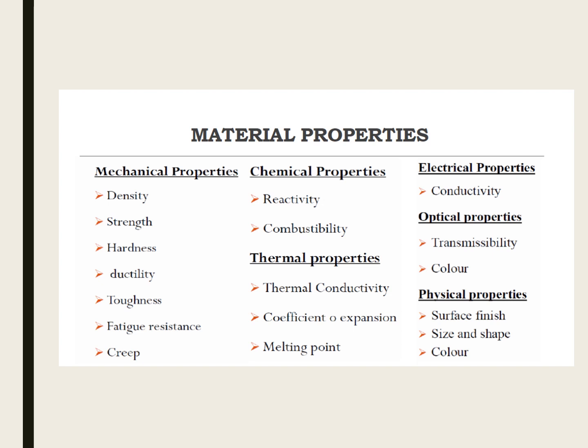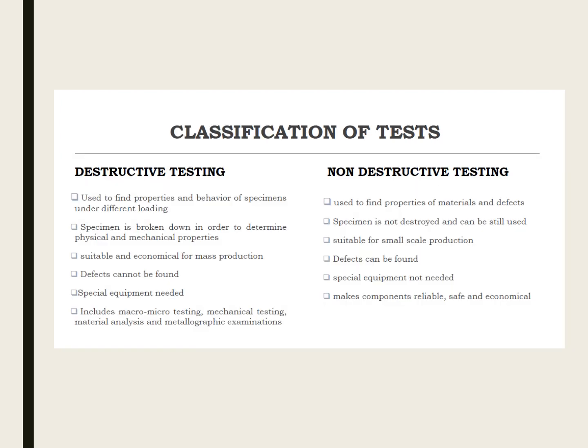for a particular application. Now, we also discussed the difference between destructive and non-destructive testing. As mentioned before, destructive testing involves breaking down a product: the product is tested, then once it is tested, the properties can be evaluated, but the material will be broken down. Whereas in non-destructive testing, we take a product and perform tests on it to find defects, but the material is not broken, it can be reused again. Whereas in destructive testing, once the testing is done, the material cannot be used. We discussed different points between destructive and non-destructive testing.